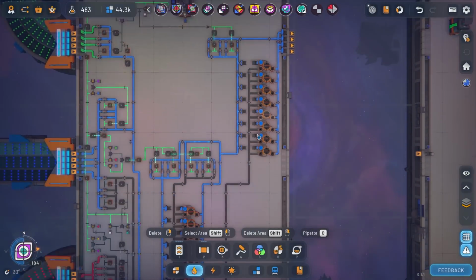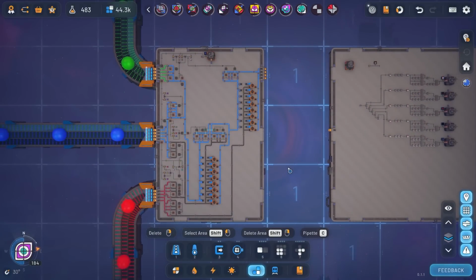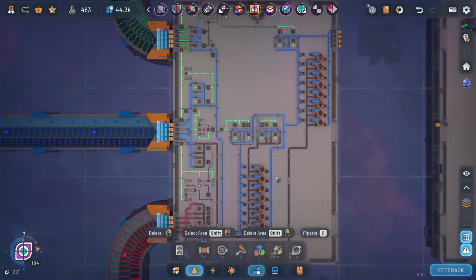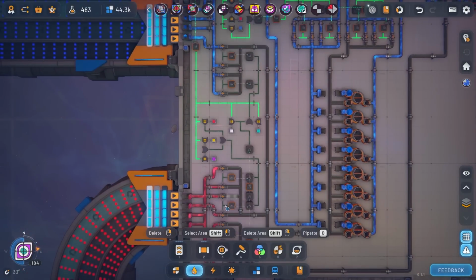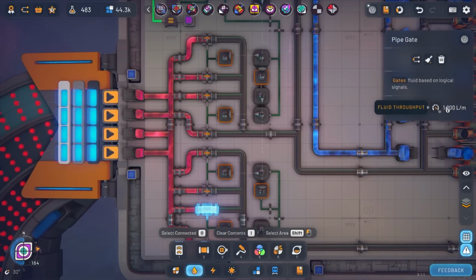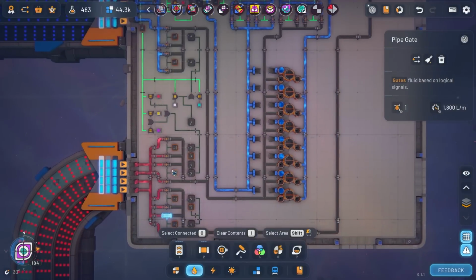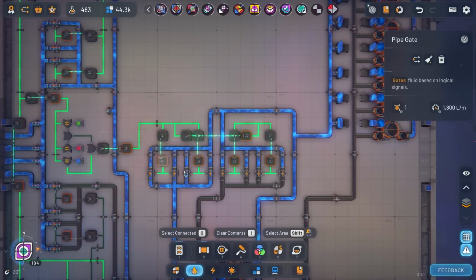I'll leave it for homework for you guys to figure out if you can get this onto a 1x3 platform. I'm sure it's possible, but you'd have to probably figure out how to refactor this logic a little bit better, like over here, this pipe logic. It's just annoying that these pipe gates only let out 1800 liters, because if it let out the full combined 4 pipe thing, then definitely possible. But because of this extra logic and all this extra logic over here that we have to do, and having to split the pipe into 4 and then recombine it,